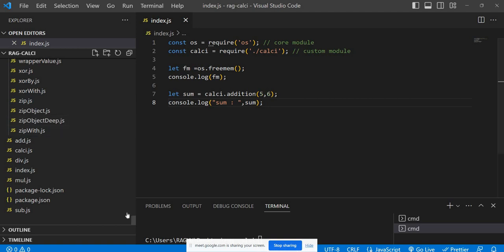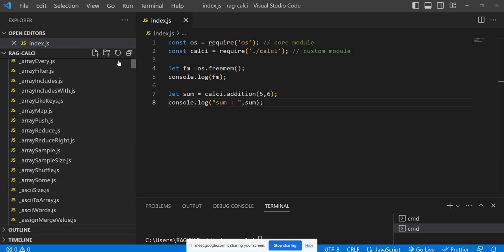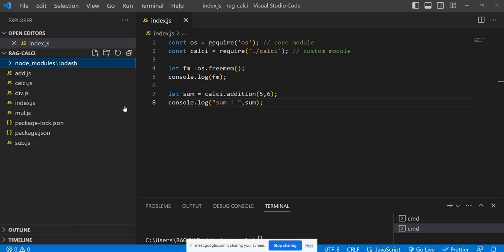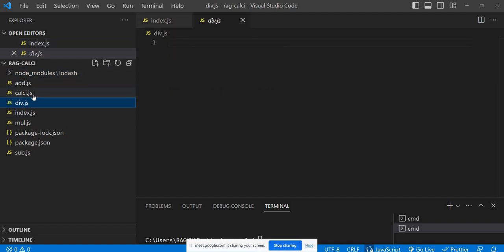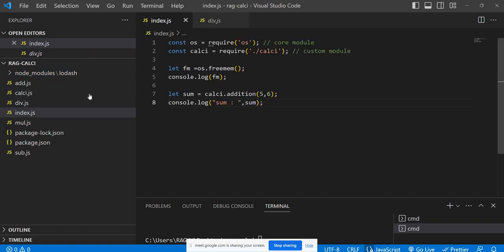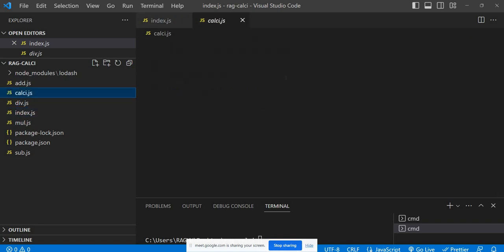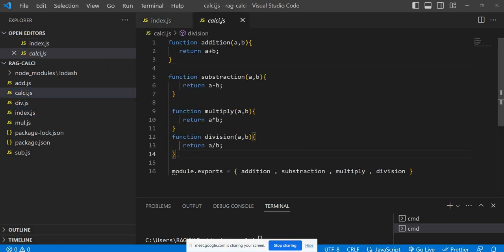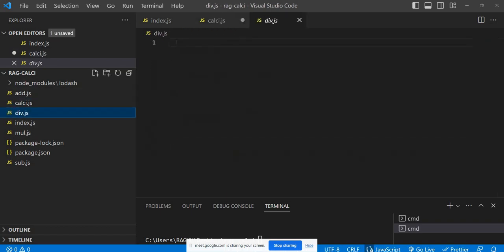How many packages are there? It has created 100 files, 100 modules, and these 100 modules combined, with the versioning information and the complete information about all the modules, is called a package. That's it. So here this div.js, suppose this is where the calculation for division goes. So just separate your logic. Just add it into div.js,